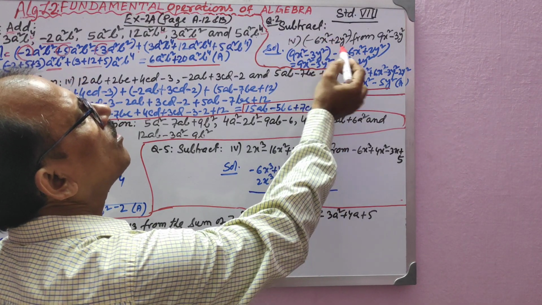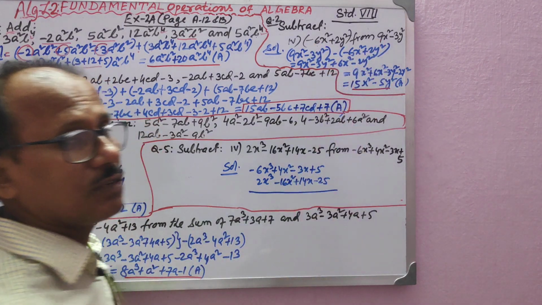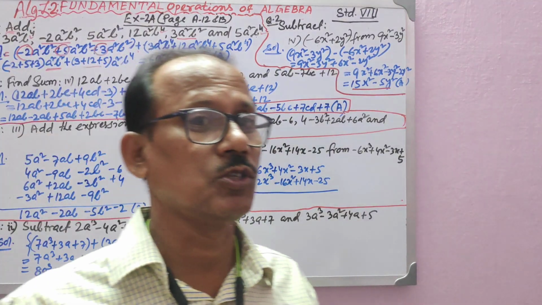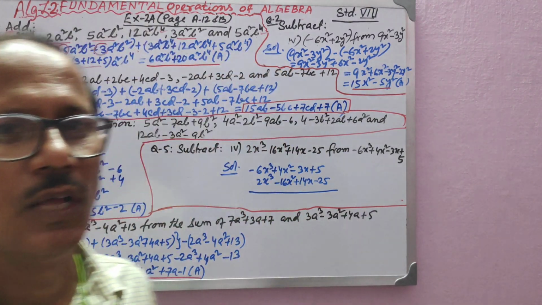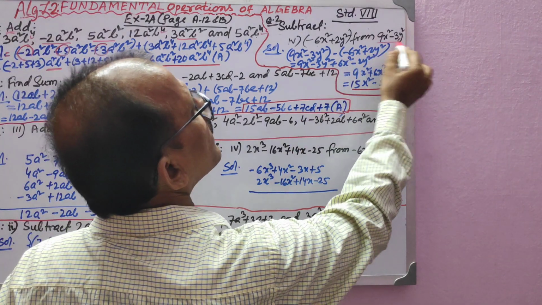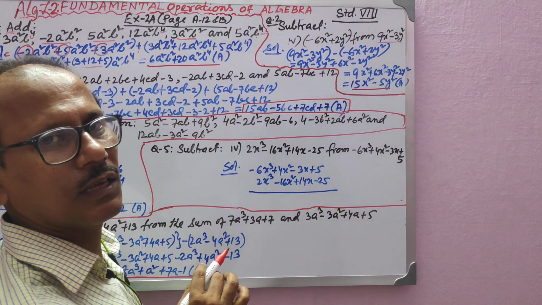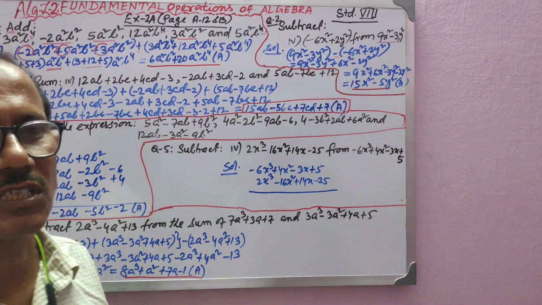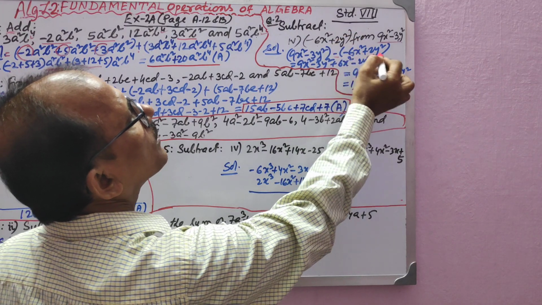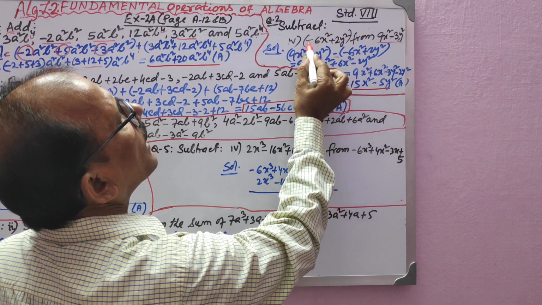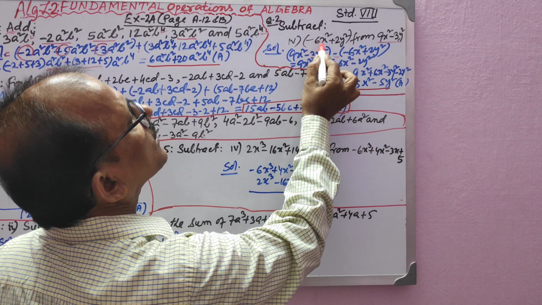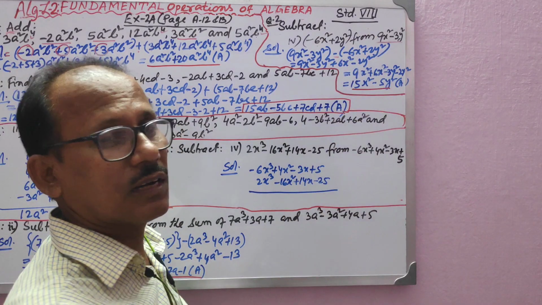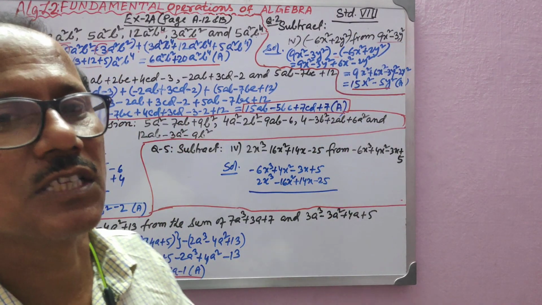Now subtract this from this. See which expression is subtracted from which one. Which one is the minuend and which one is the subtrahend. So many times I have told you that you should not forget. From here it is subtracted, so keep that one in a bracket. Minus, for subtraction, this is the minus sign. You understand? Then keep this one under a bracket. Don't write it wrong. This 6x square plus 2y square, keep it completely inside with the minus. That is a complete subtraction.